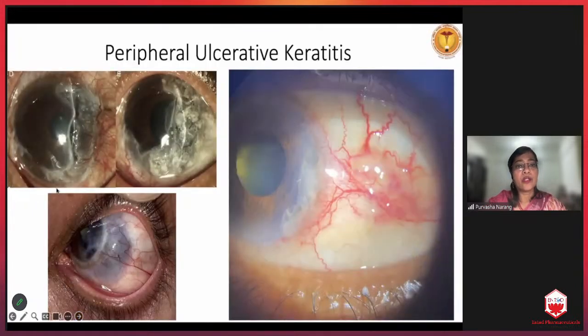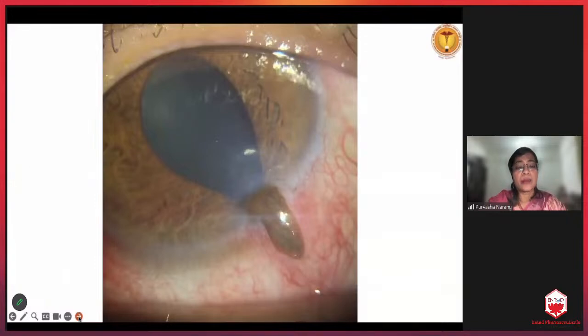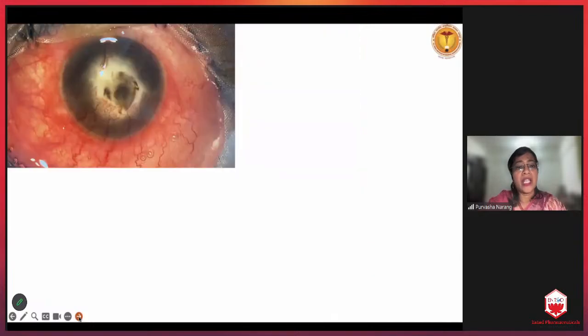In cases of peripheral melts or peripheral ulcerative keratitis, again we use it very extensively to give tectonic support to the peripheral cornea, and it gives great results and stays there. And sometimes in cases of limboscleral tears or corneal tears where, even after repair, there's a subtle leakage which is seen, and it's a complex tear or something, and there's a tiny leakage, a tiny bit of tissue adhesive can come to the rescue and the bandage contact lens can be placed.